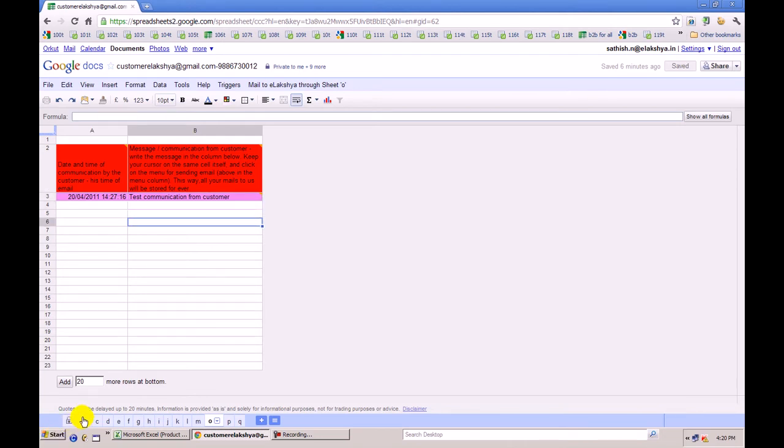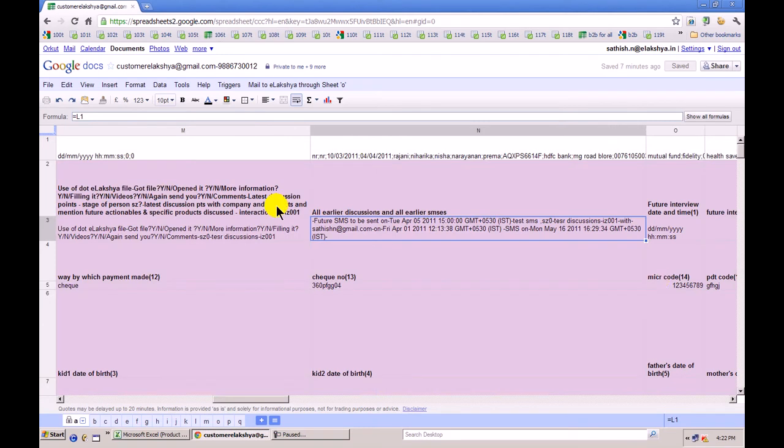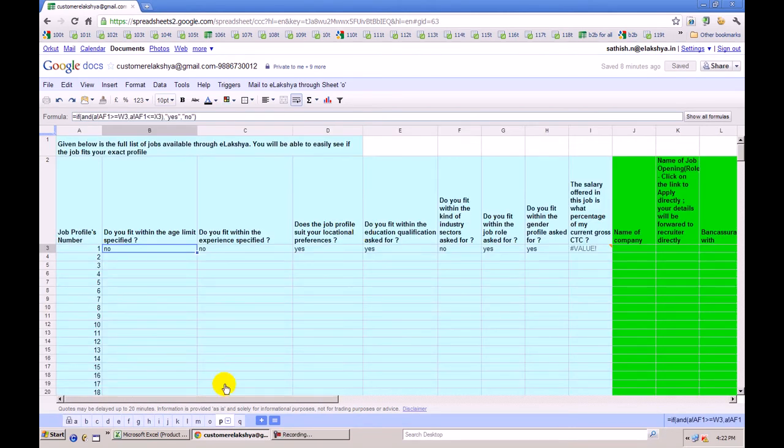At the same time, in Sheet A, our communication from our side to you will also be displayed. You can see this. All our earlier communication, our earlier SMSs, or whatever communication to you, it is all there. So in short, your communication to us, our communication to you, chronologically from the beginning till the latest would be available in the .elexia. I have gone to Sheet P.